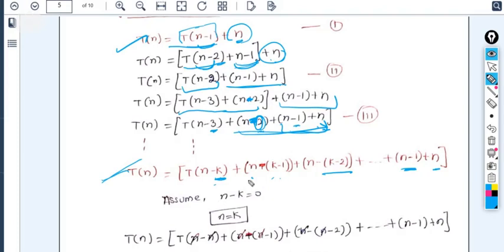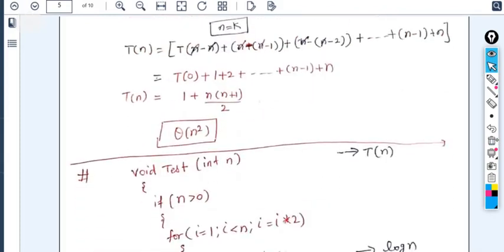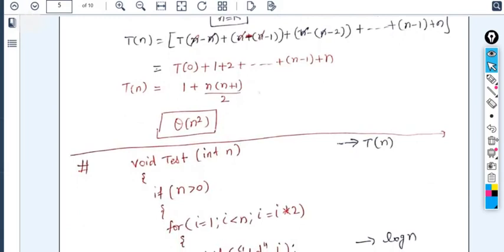Same thing we have to assume here, n minus k equals 0, because we know very well that at the value of 0 it will stop. So n will become k, equals k here. The next thing that we have to focus on is to replace the value of k with n. So wherever k is written, we have written the value of k as n, and all n's will be cancelled out. What you will get here, it will be 0, here it will be 1, because minus minus will become plus. Then again here we will get 2 up to n.